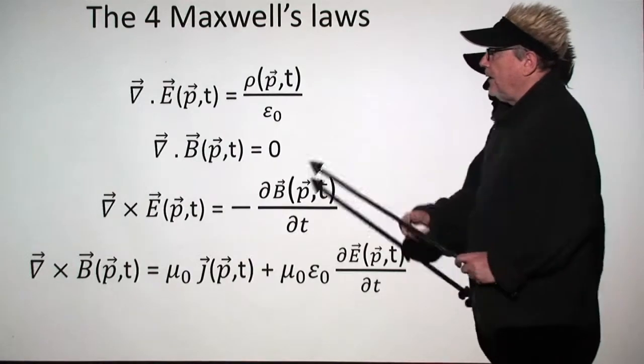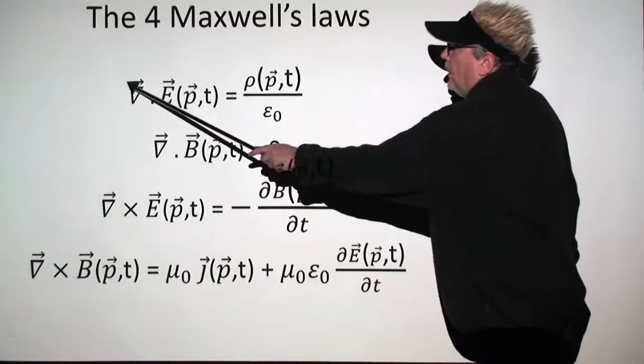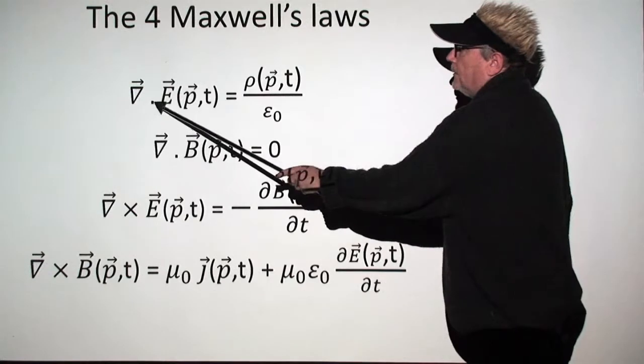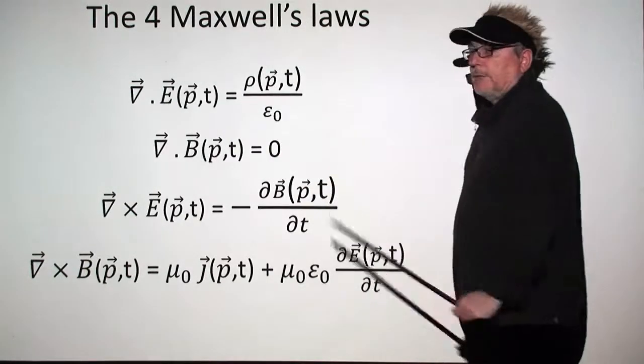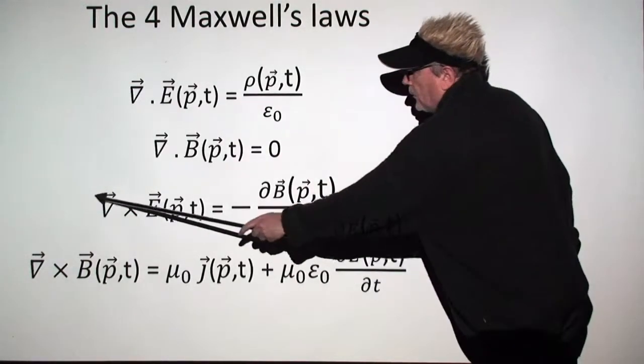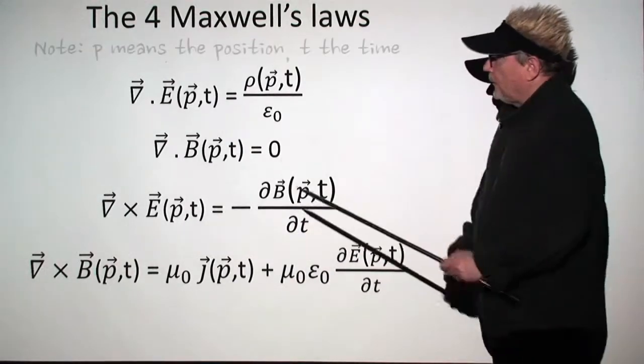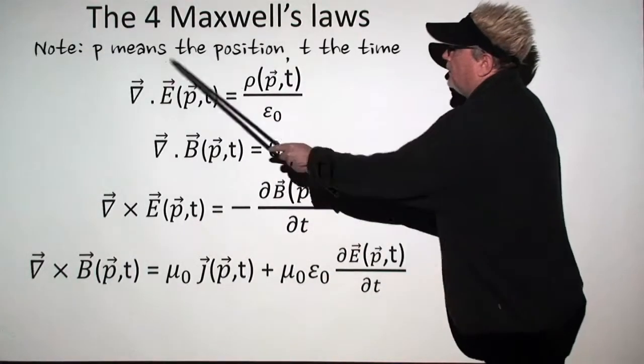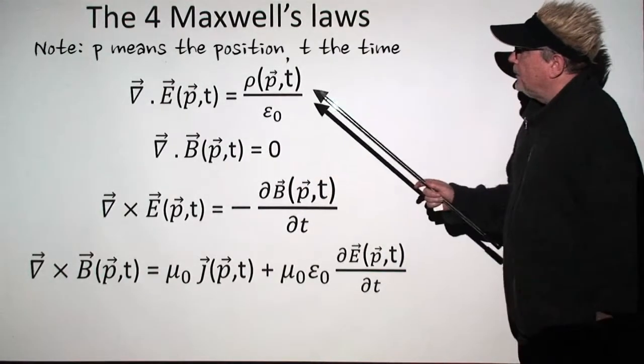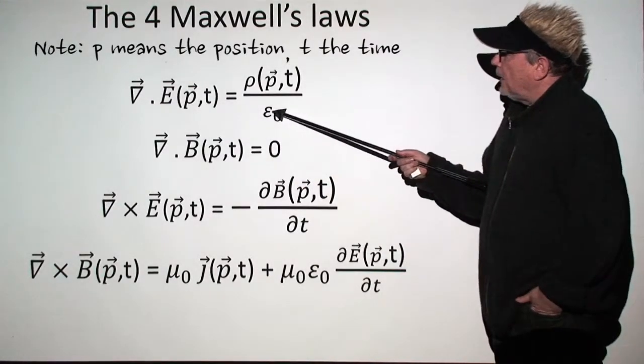You know, we understand what this means. This means the divergence of an electric field. This means the curl of an electric field. But anyway, very quickly, this first thing here, the only thing missing is epsilon zero,